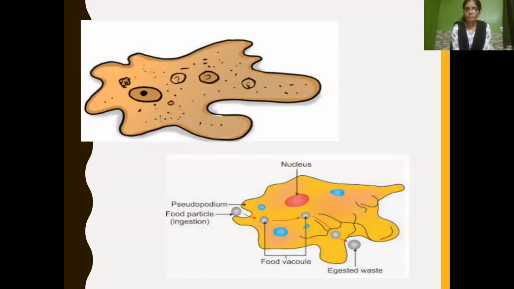Once amoeba finds a food particle, it extends its pseudopodia and covers the food particle, and then the food particle enters into its body. That is called ingestion. And by extending its pseudopodia, it moves. That is why amoeba always changes the shape of its body by extending, appearing and disappearing the protrusions, which we call pseudopodia.